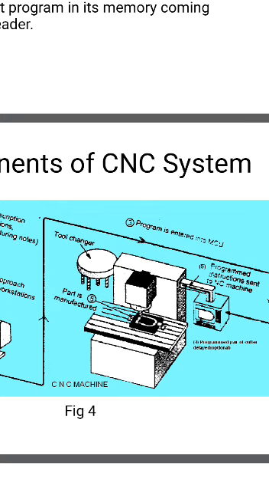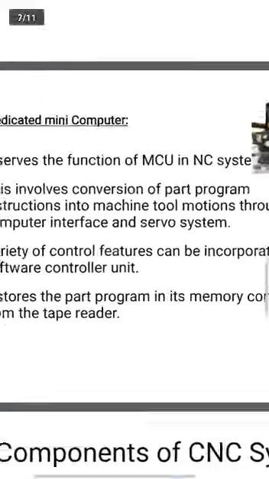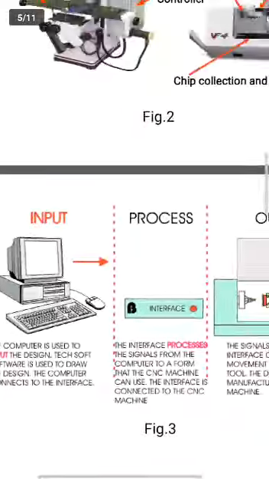Okay, what is machine tool? In the machine tool, we can change the different tools according to our program. It will change the different tools in the machine tool. Then the signals are transferred through the interface as motion to the CNC machine. The signals determine the vice and lead screw to move in three directions, that is X, Y, Z directions. All three directions it will give signals, and it also controls the signals for speed, feed and cutting tool. So in this way the four components work in the CNC system. Okay, this is about the components of the CNC system.